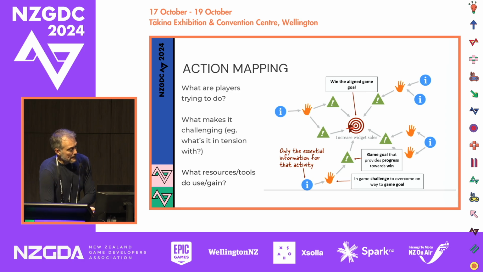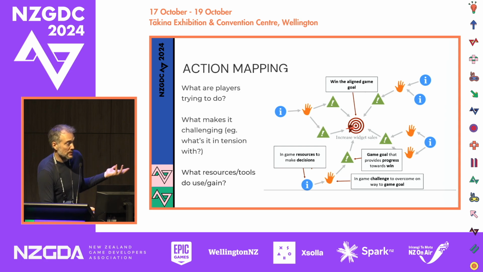And then the hands are the game challenges that reflect or enact those values, those game goals. And then finally, what are the resources and decisions you're making in the game? It takes a bit of practice to change action mapping over to this, but basically saying, what do we have to make in our games? Is it time? Is that the resource we're using? Is it oil? What is it?